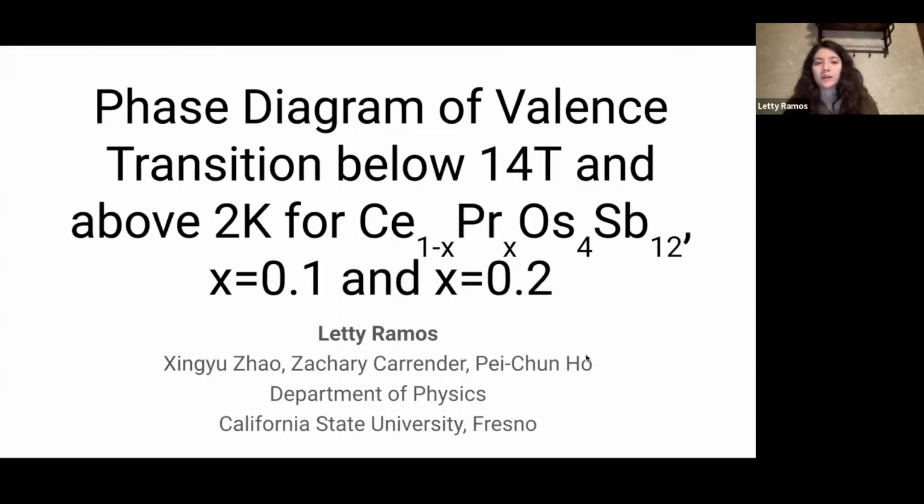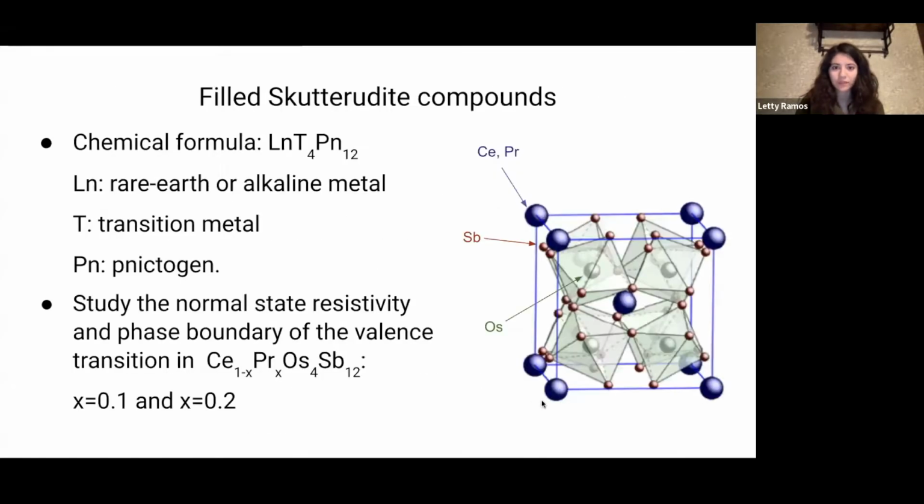I work in the strongly correlated electron laboratory here at Fresno State. Today I'm going to be talking about some of the research that we're doing there. I'm going to be talking about the phase boundary of the valence transition in the filled skutterudite compound cerium osmium-4 antimony-12 doped with praseodymium. Filled skutterudites are compounds with this chemical formula here, where for every one rare earth